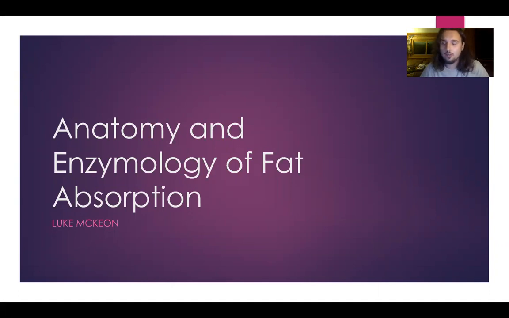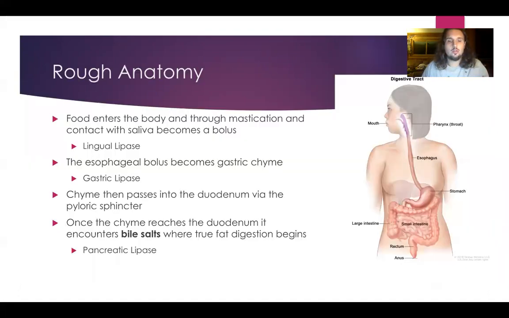For my Digestive Week presentation, I chose to do the anatomy and enzymology of fat absorption. To begin, I wanted to give an overview of the gross anatomy of the GI tract and all the events leading up to the essential moment when the chyme, or the ultimate item of food that you ate, will enter the small intestine, where the majority of the fat digestion and